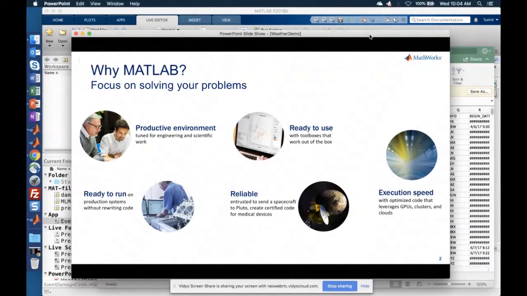We provide a lot of ready-to-use capabilities through different types of toolboxes. We'll see some of those in action. We have capabilities that allow you to take your application and run it in a production environment without making too many changes to your application or to your code. It is, of course, reliable. It has been used for really large-scale applications and missions across different industries.